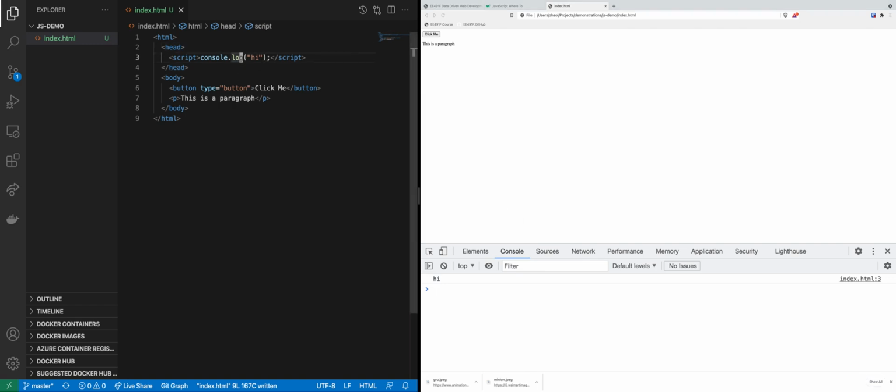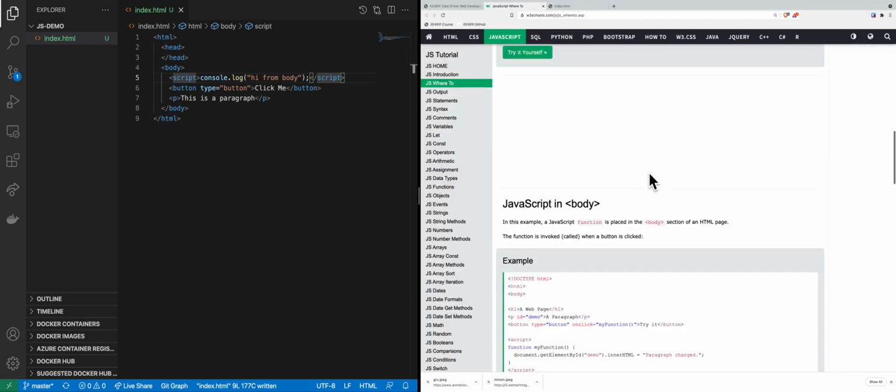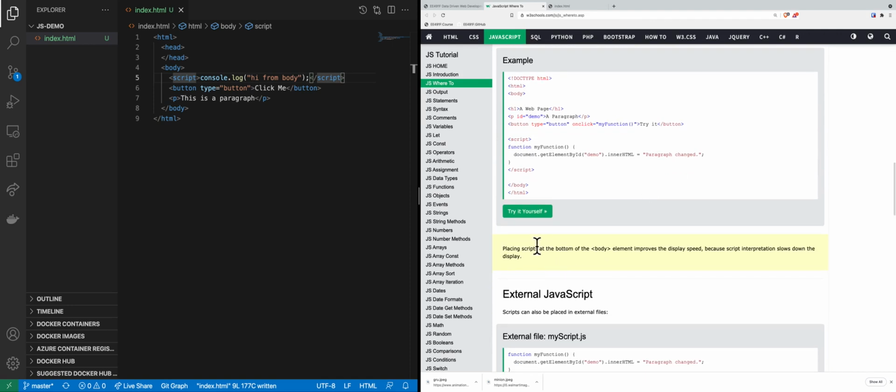Now let's try the same thing, but in our body tag, just to show that something did change. Okay, we refresh. Let me make this a little bigger. And lastly, as mentioned here,